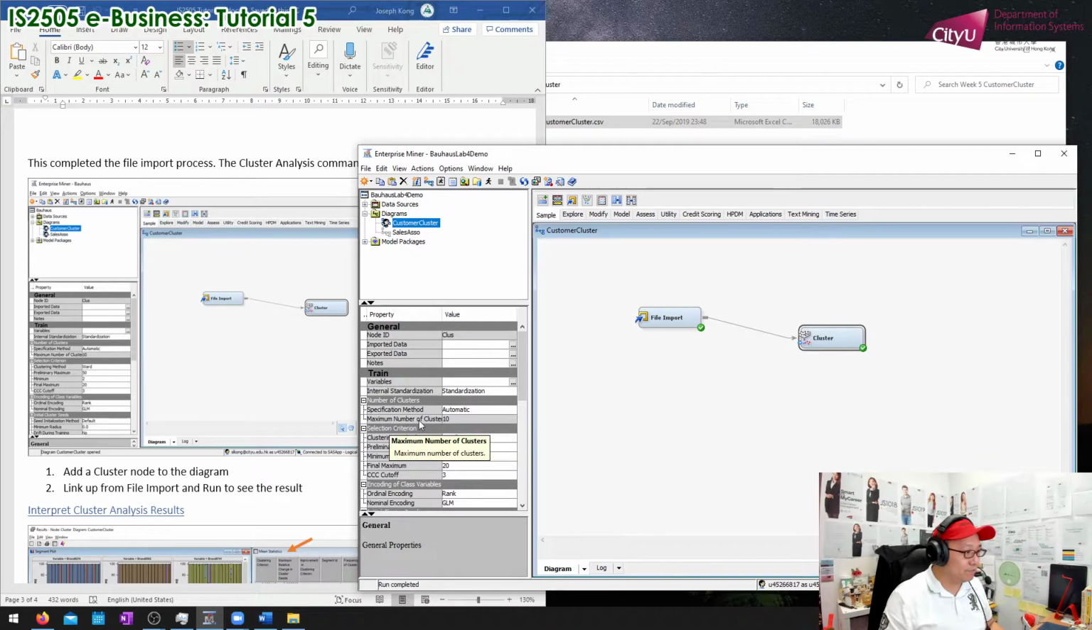Now here, I specified a method, and it is now set to automatic. So SAS Enterprise Miner will try to look at the best fit. It is automatic. Okay, now again, I was not trained as a statistician; my statistics is very poor, my maths is also very poor,